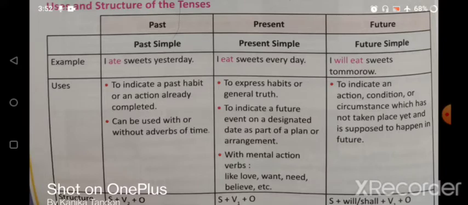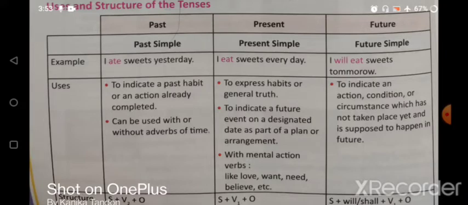When we talk about simple present, it means that we are talking about something that happens on a daily basis, like I eat sweets every day. This helps to indicate a habit or a thing that happens daily. Alright, or to indicate a future event on a designated date as part of the plan or arrangements. When we write simple present, we write subject first, then we write the verb in its first form,